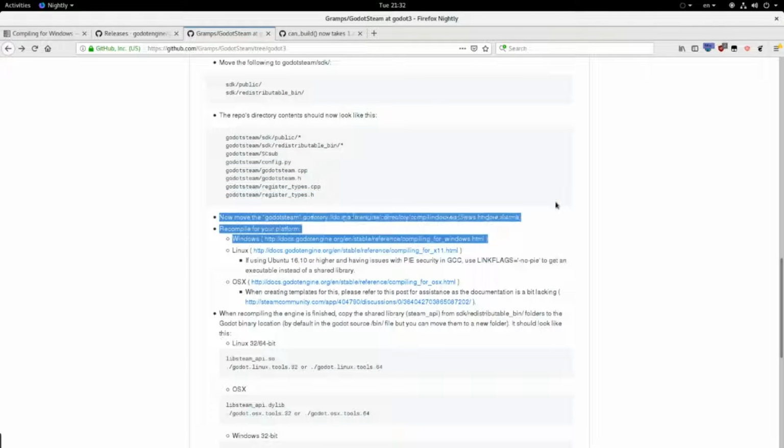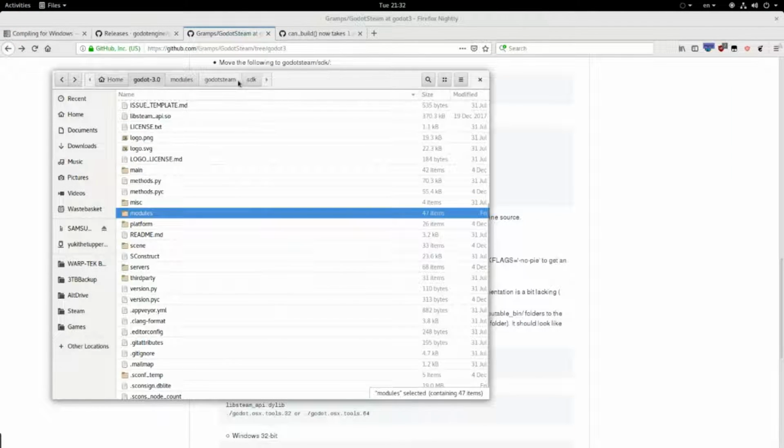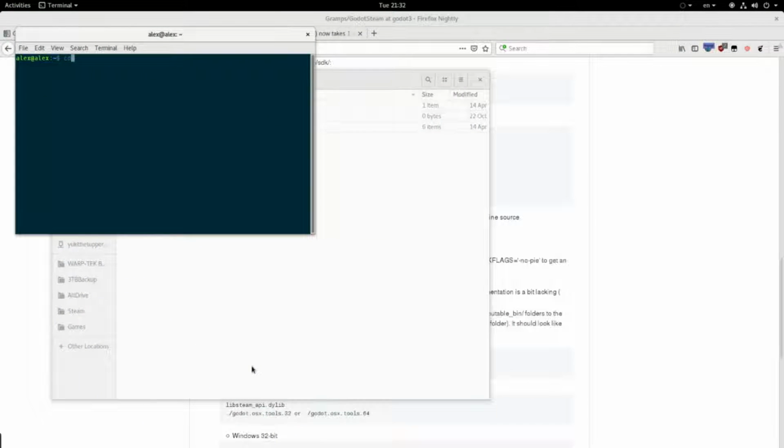So yeah, very easy. Follow the tutorial on here, and then all you do is open a terminal in here. Come on, let me do that correctly this time. And you just need to run scons platform equals x11